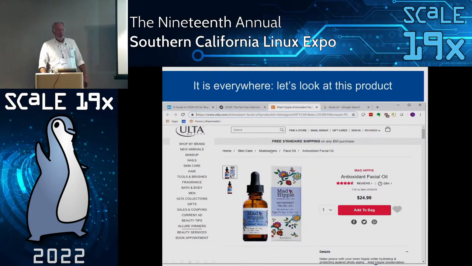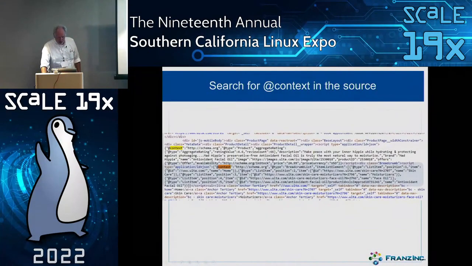And JSON-LD is now everywhere. So Google now recommends it as the most important way you can mark up products on a web page, right? I mean, it's their preferred language now. So if you take Mattey Oil, right? You look at the source, and what you see somewhere in there is JSON-LD, and you see this whole object